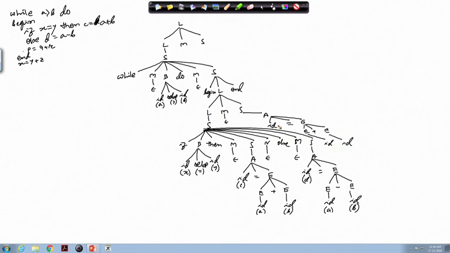So, this ID is, sorry, your P. So, this is Q and this is R. So, this is doing P equal to Q plus R. So, we are done with this begin end part.